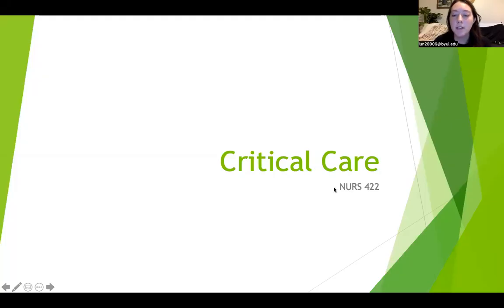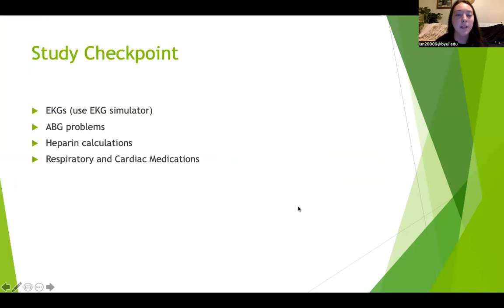Alrighty, so we're going to be talking about critical care first, but also hemodynamic monitoring, which once you cover all that in class, it seems really overwhelming, but hopefully we'll be able to break it down so that it's a lot more simple. So just a study checkpoint here, make sure you're still practicing